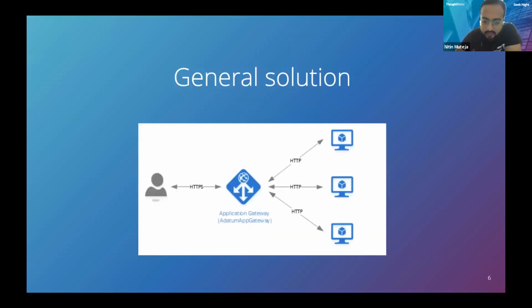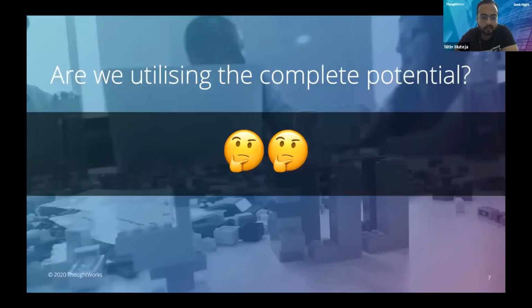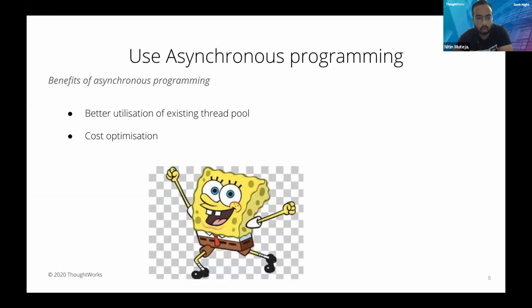The general solution that we see in such scenarios is that people start increasing the replication so that there are more threads available to cater to the requests that are coming. But still, we have a question in mind: do you still think that we are able to utilize the full potential of a single instance? Let's say if you have 100 concurrent threads in your application, do you think that you are able to utilize the entire potential of those 100 concurrent threads? I would say no.